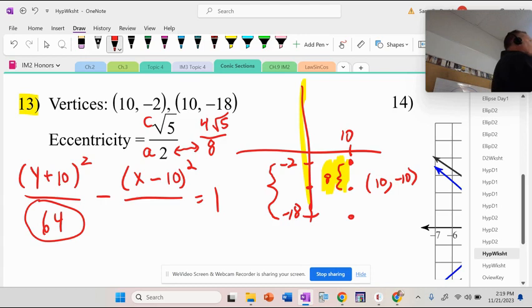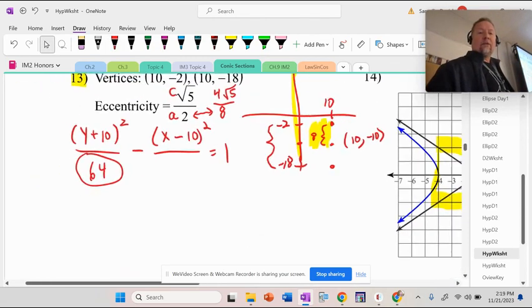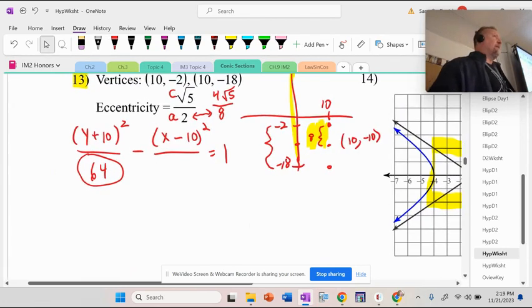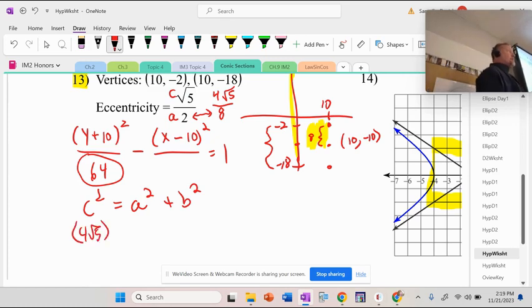So you better look at that and make sure you understand that, because I need to do that math in order to get this B value. So the formula is kind of running out of room here. Is this on a small page or a big page? Big page, so you're good. C squared, just to remind you that it's plus, so I'll write it one more time. And then it's 4 √5. I really hope you understand that 4 √5 thing. Some people said 20, taking 4 and multiplying it by 5. Those can't be multiplied. Or just look backwards. 4 √5 over 8 does reduce to √5 over 2.